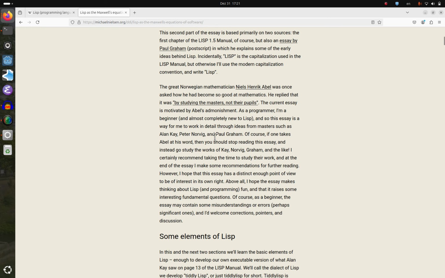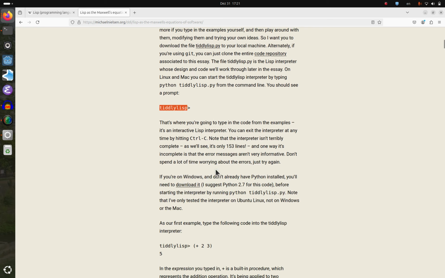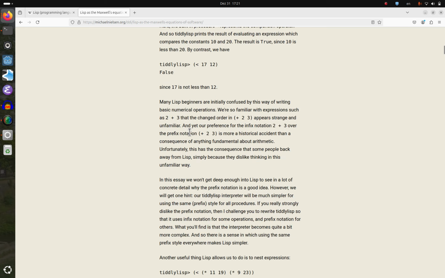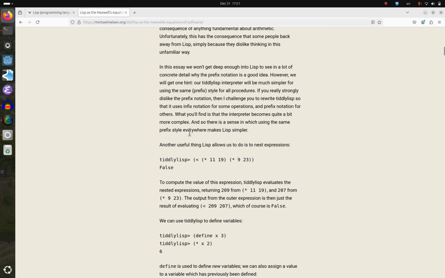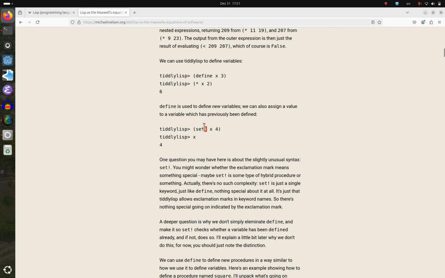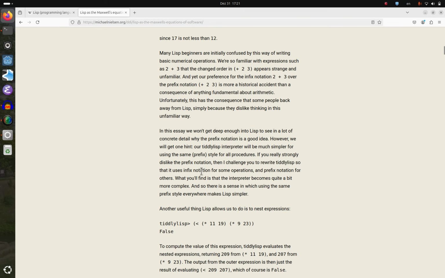And he implemented his own Lisp parser, which is called Diddly Lisp. It's a very small Lisp implementation. And in the article, he suggests to play around with it. And then at some point, oh yes, here I'm using def instead of set, but it doesn't really matter. At some point, he starts saying that